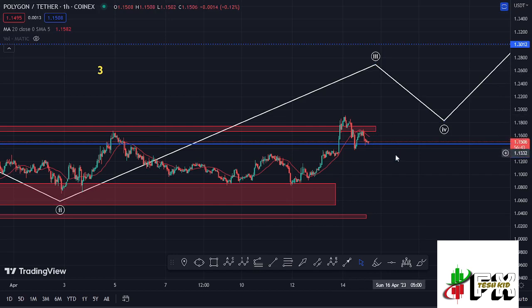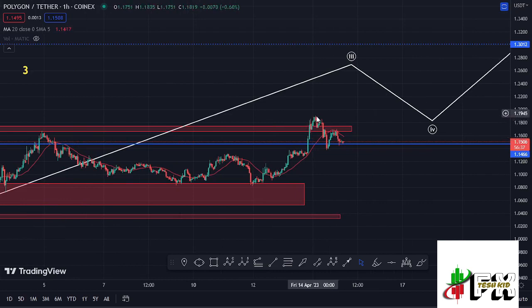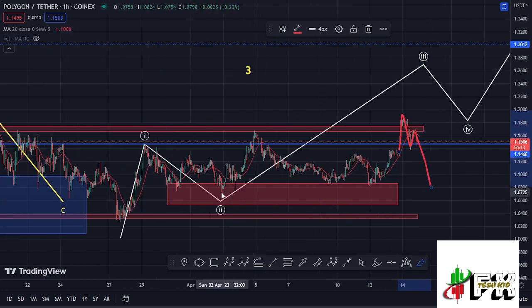But in case the breakdown continues here on the Polygon Matic chart, which at the time of this recording was not able to continue holding above our key area of resistance at around the $1.17 mark, which we had managed to break above yesterday, there are chances that we might continue seeing a bit of a cool off over here and maybe at some point lose our wave 1 high. And in case such a move plays out, then there are high chances that we might see a reset of this second wave to the lower side within this red target area, and maybe possibly get one more leg down in the formation of this wave 2 within this red target area, which lies between the $1.0888 mark and